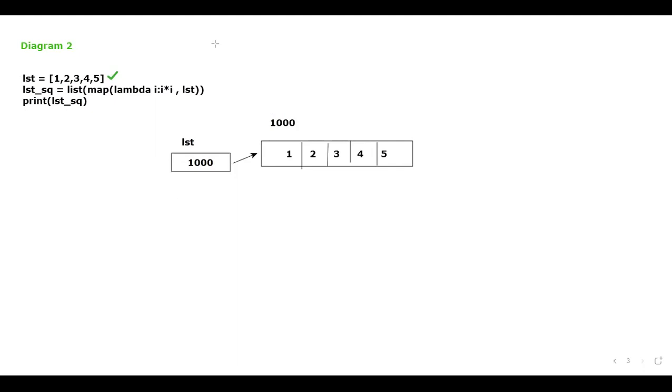Now, the second point is very important. Please tell me the condition, whatever they have written in the lambda function. Lambda. So here, I'll be writing in red color. It will just provide the data one by one. Sir, how will the data be provided? Sir, one by one it will take the data. Now you tell me, first data: 1 into 1, what is the answer? 1 itself. Next 2 into 2, 4 itself. Next 3 squared is 9, 4 squared is 16, 5 squared is 25. Now all this data is evaluated to true. That's the reason I got this output.